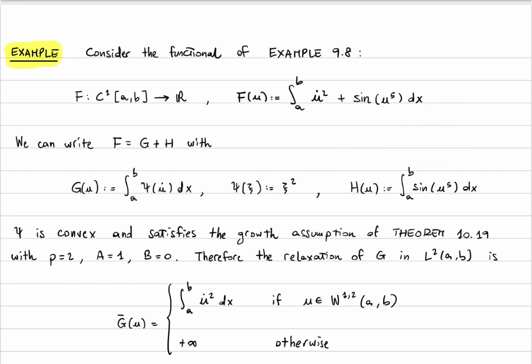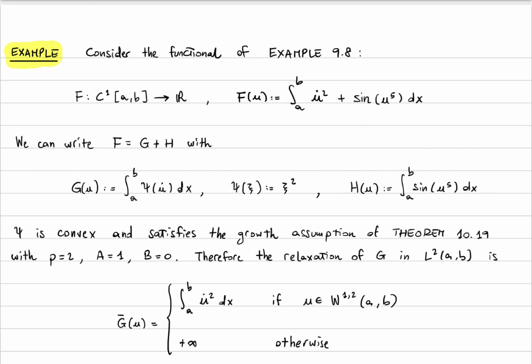and clearly satisfies the assumption of theorem 10.19 with p equal to 2, a equal to 1 and b equal to 0. Remember, the assumption was that psi of xi has to be larger than some a times absolute value of xi to the power of p minus b. And in this case, since psi of xi is equal to xi squared, you can just take a equal to 1, p equal to 2, and b equal to 0. Therefore, the theorem tells us that the relaxation of G, this function in L2,